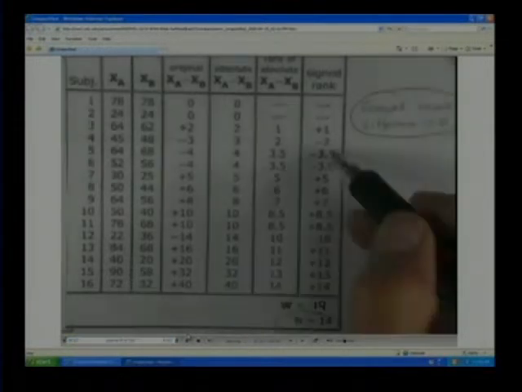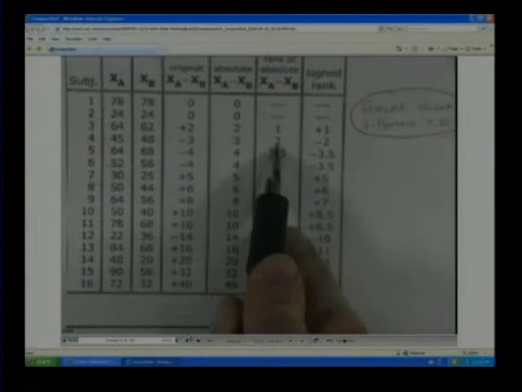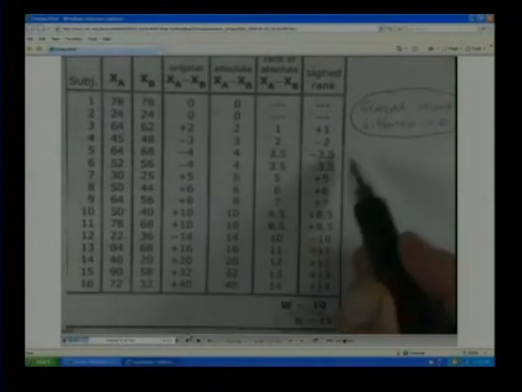Then we take the sign and we go through and we calculate the signed ranks. So this had a rank of 1, it was positive, it was positive 1. This had a rank of 2, it was negative, so it's a negative 2, negative 3.5. Again, negative 3.5. Positive, here's another negative down there, negative 10. Then we add up,